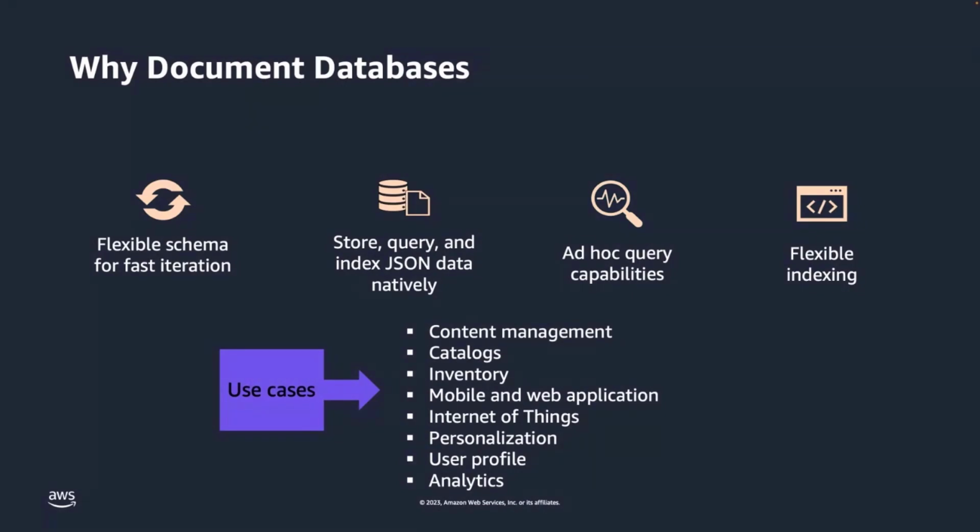Some common use cases include content management. Much of the content that we read today, from news articles to blogs to recipes to patient records, all of that data lends itself really well to a document model since it's dynamic and changing. Another example of use case are mobile use cases. It's very easy to store the data you're collecting going back and forth between devices, because lots of times in the mobile world, this is JSON data that we're talking about. So naturally, a JSON data store makes a lot of sense.